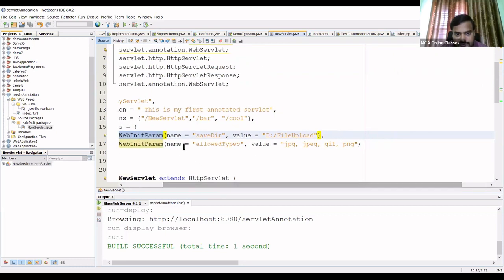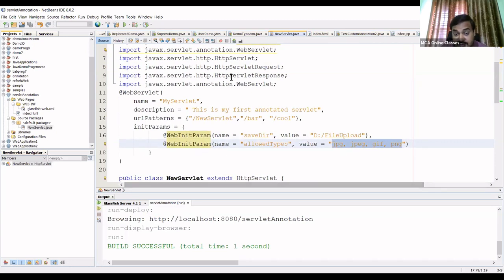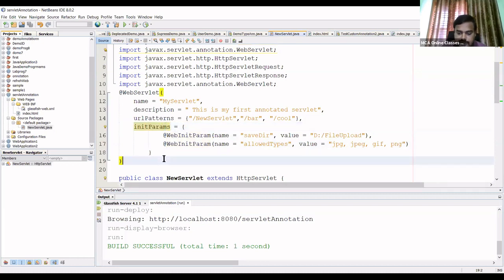You can give it in the form of name and value. So in the form of name and value, I am going to give the information. This is the initial parameters I am going to give. You have to use initParams equals, and these curly brackets.